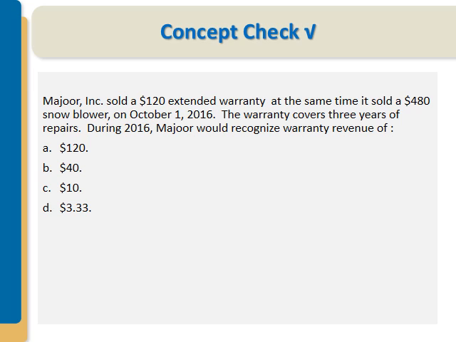Concept check. Major, Inc. sold a $120 extended warranty at the same time it sold a $480 snowblower on October 1st, 2016. The warranty covers 3 years of repairs. During 2016, Major would recognize warranty revenue of